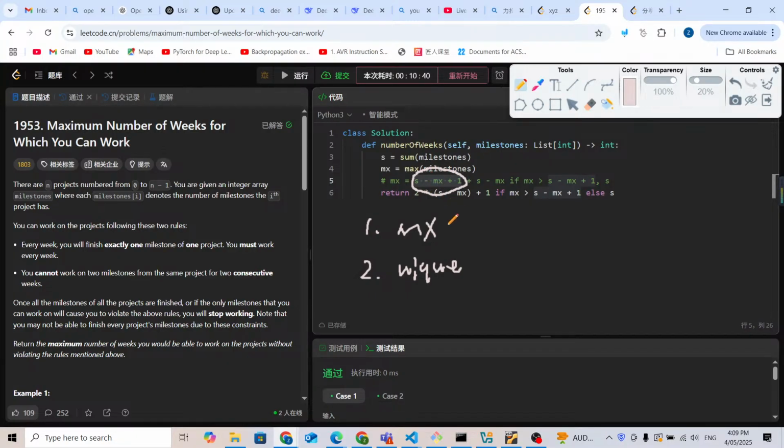First of all, we're going to prove this one must be the maximum number. Let's use some examples like 5, 3, 1. So this 5 has to be the maximum number. It cannot have something like 5, 5, and 1. Because if we have something like 5, 5, 1, and 1, definitely it works, because mx is going to be smaller than or equal to s minus mx plus 1. So even if we have the maximum number, if it didn't work, this maximum number has to be a unique number.